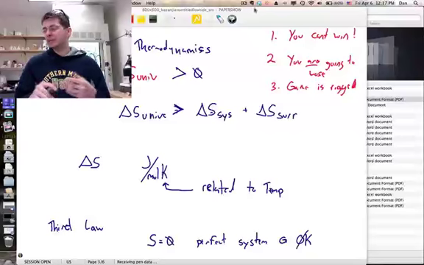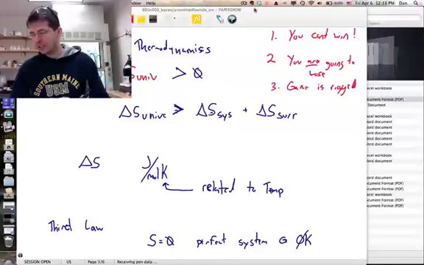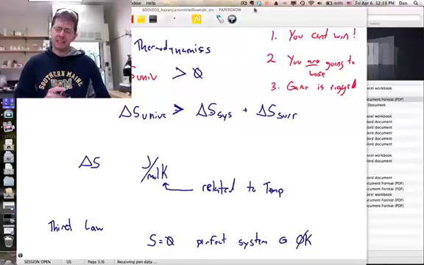And lastly, it's sort of the hardest one to conceptualize. The game is rigged. Absolute zero is very simple. Related to the heat capacity of a material, how readily its temperature changes with respect